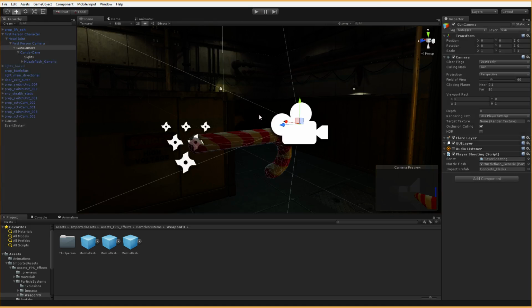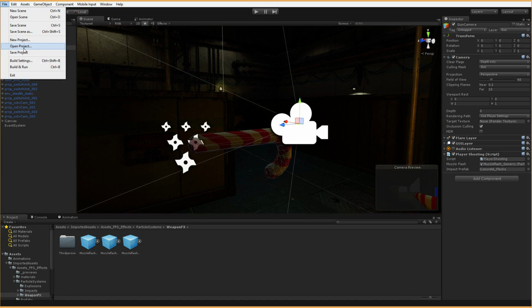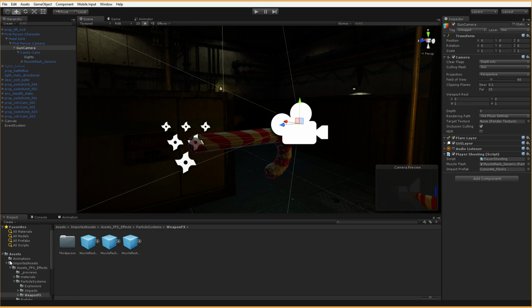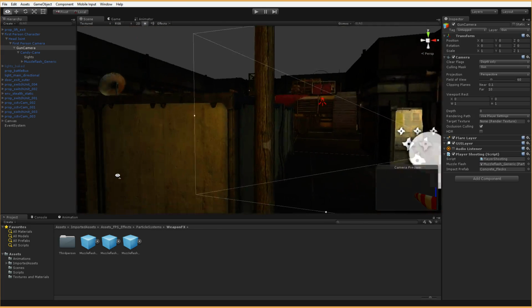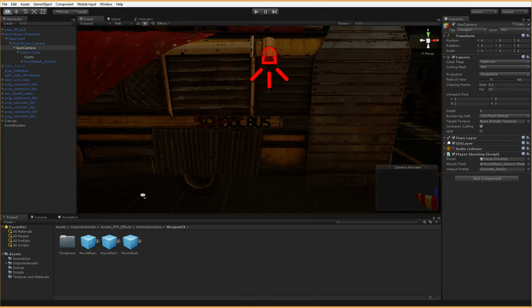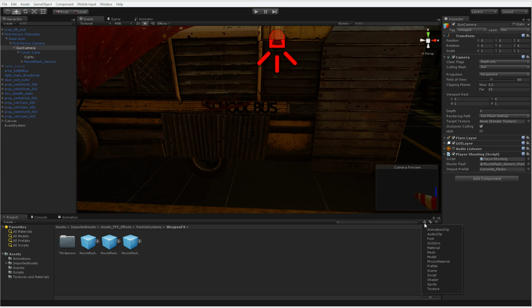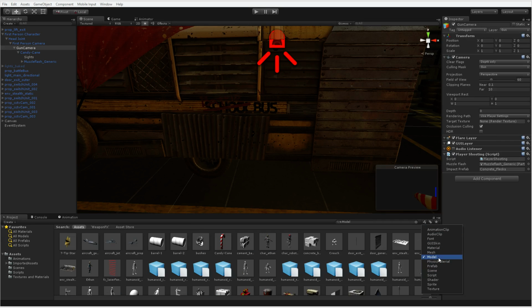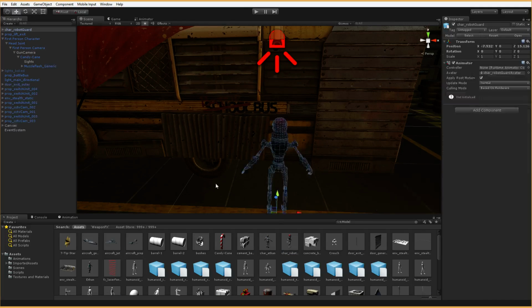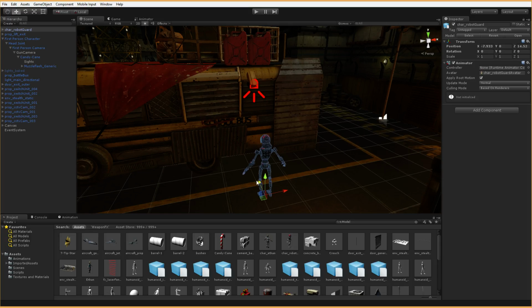Cool. Let me go ahead and save my scene. We do want to test this out real quick on an enemy. I'm going to filter my scene by model and grab an enemy here. Throw a collider on him: physics, capsule collider.